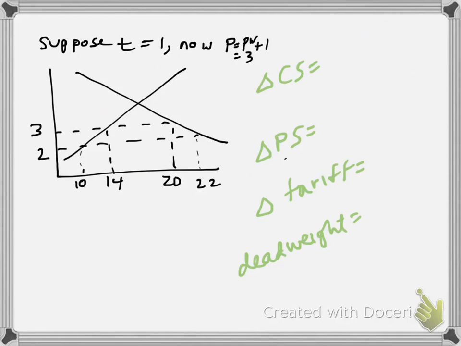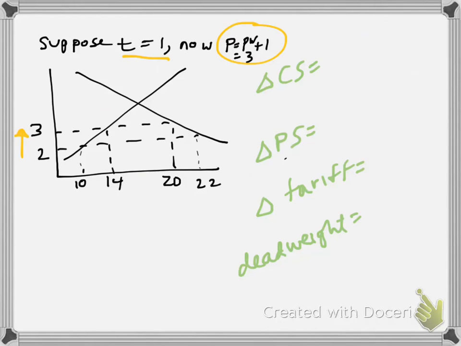Now we ask what happens if we put a tariff, say it's equal to 1, on the good, so the price is now going to be equal to 3, so the price domestically rises, and we want to calculate the effects on consumer surplus, producer surplus, the change in the tariff revenue, and the deadweight loss. So if we start first with consumer surplus, we